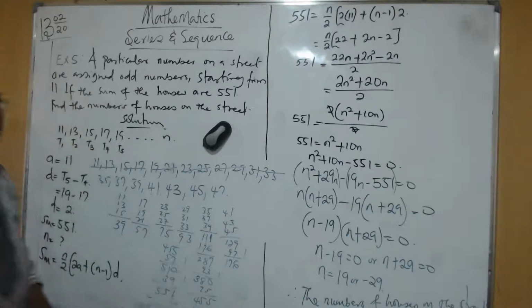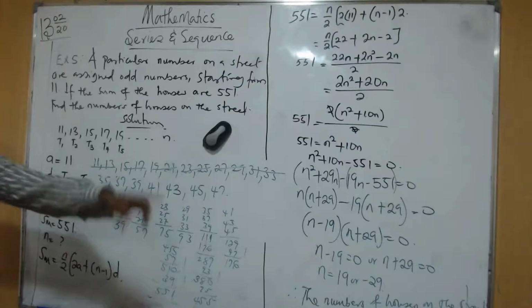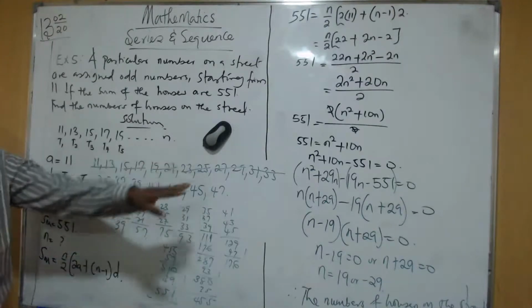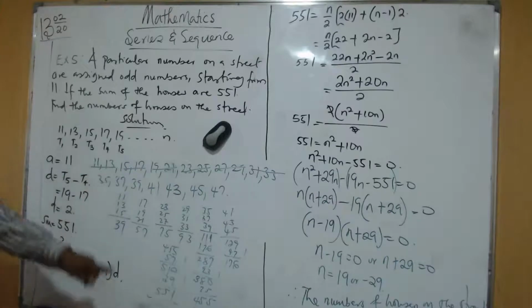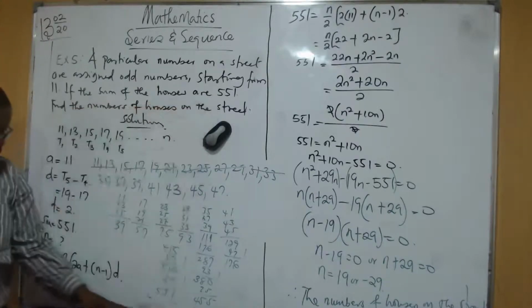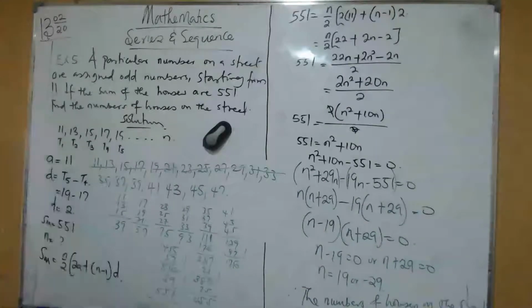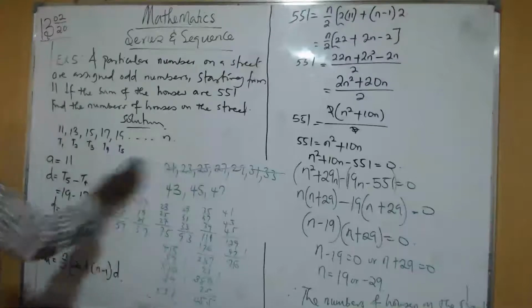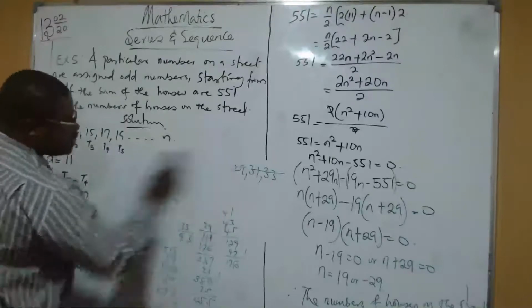Good. So that's it. So that is why I know the sum of the houses. When you add all the houses on that street, the question says the sum is what? 551. And that's what we have there. So this is how to check if our answer is right. So having known this,